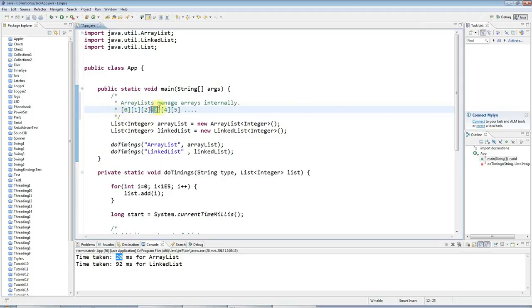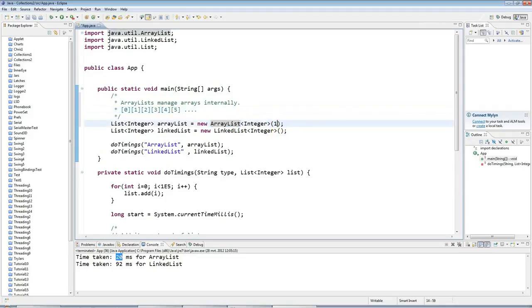Getting a particular item from the list is very fast. If you want to get an item at position 500 or whatever, it's easy to calculate. It's easy for Java to calculate the position in memory of that item and just go and get it. If you want to add items to the end of the list, it's usually fast because